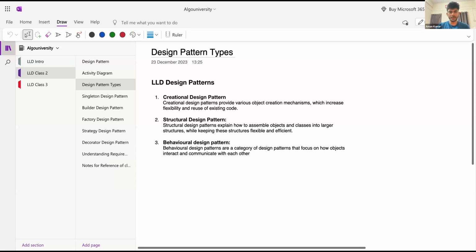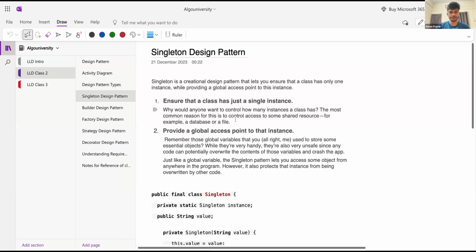The very frequent ones that come up in a lot of interviews and that you'd be using a lot is the singleton design pattern. So I'll tell you what a singleton design pattern is. By definition, singleton, even in the English language, means a single object. So the question is, while creating a low level design problem, why do we only want a